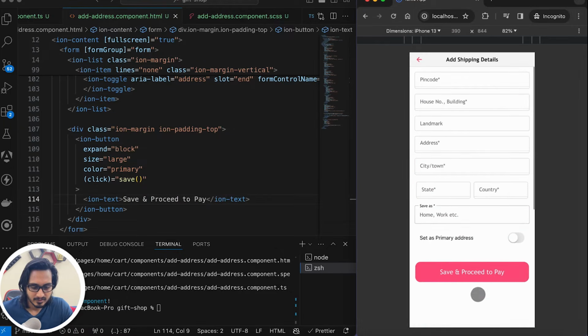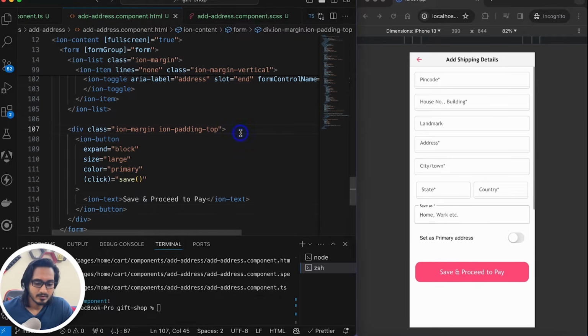Now let's check it out once again. See, it is bigger. I don't want that big. Now what happens is whenever I click on it, it will take some time. If I'm working with the backend, definitely it's going to take a little bit of time. And in that time period, I want to show a loader at first. You won't be able to see it when I do it right now because it will be quite quick if I don't pass any set timeout or some delay basically. So I'm not going to show you the delay, but I will be applying the functionality for the loader also,